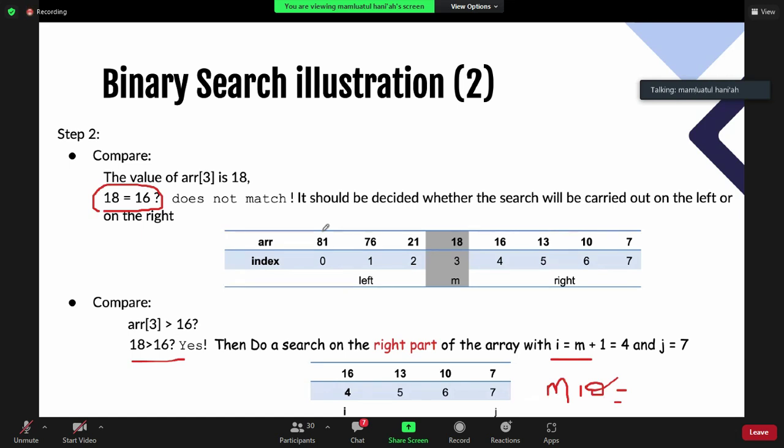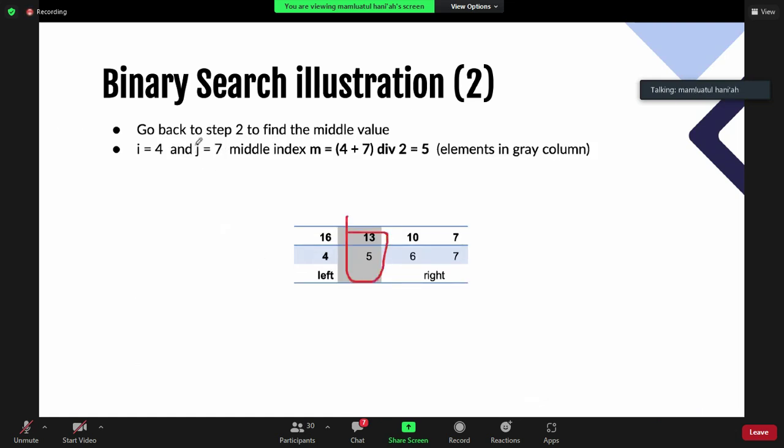So your middle position is in the index 5. Four plus 7 is 11, divided by 2. So it's 5. So your middle is in here.